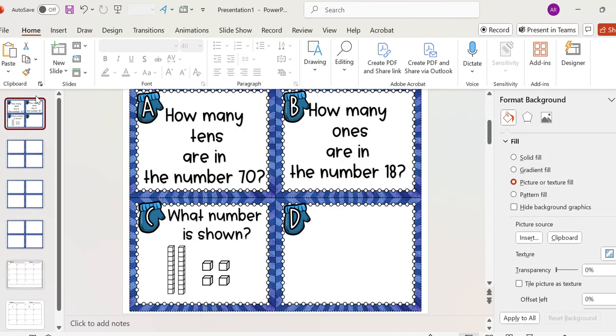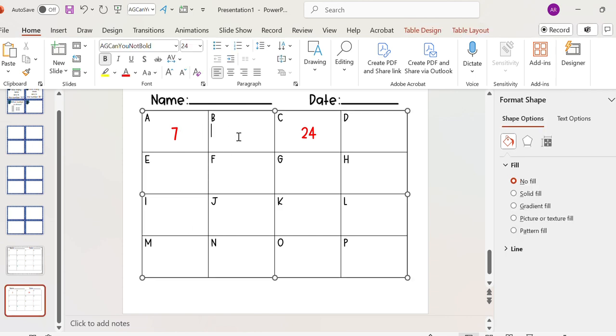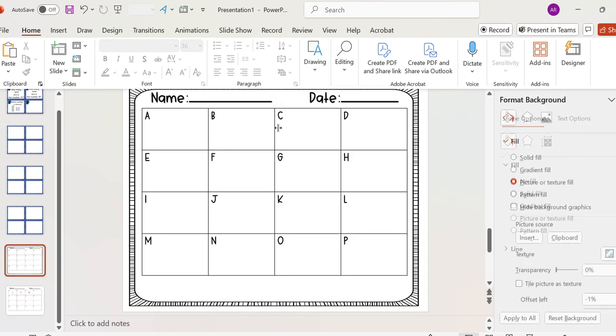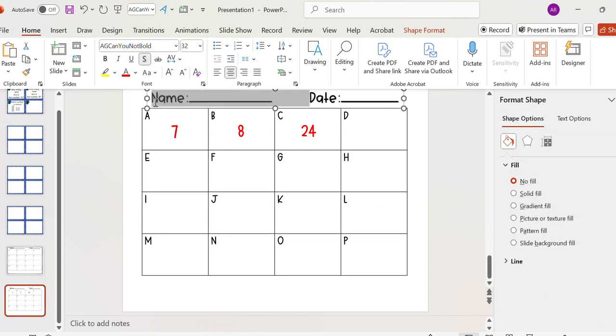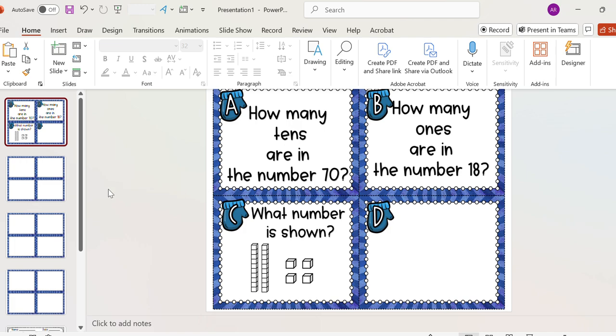And then what was this one? The ones and the number 18. So B is going to be the number 8. And then at the top of this one, instead of putting name, so that whoever is buying this doesn't accidentally print it off or give it to the kids or whatever, then we're going to delete this. Answer key, right? Okay, so boom. Essentially, that's how I make my